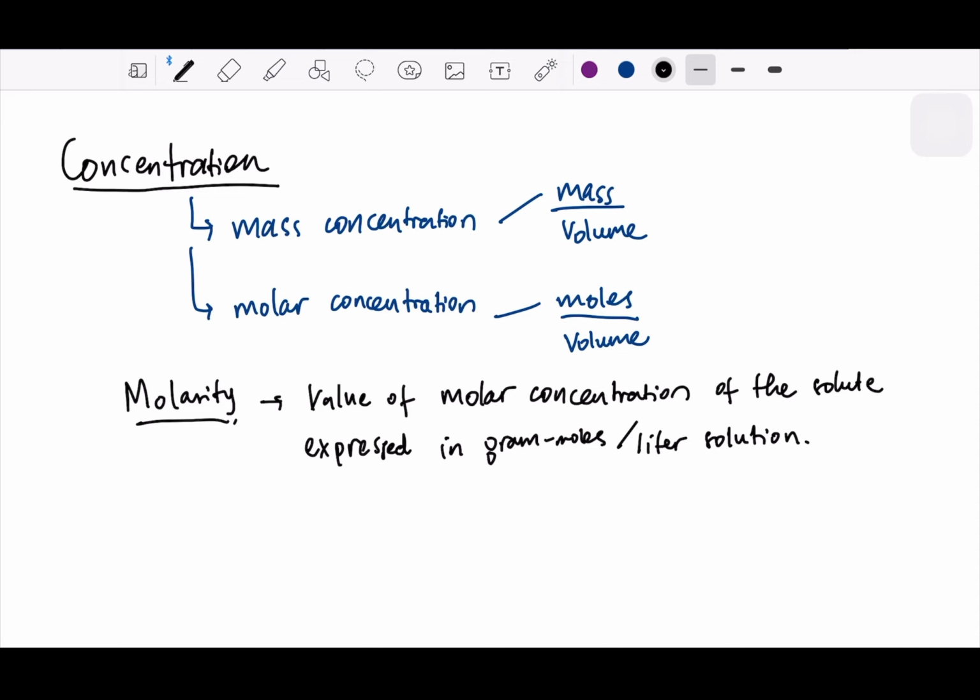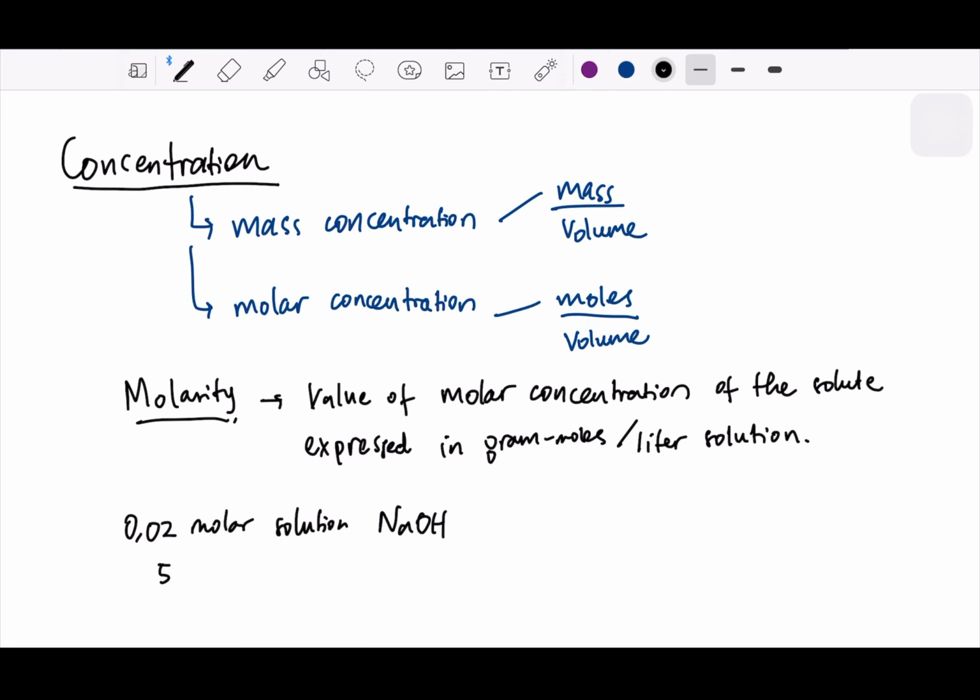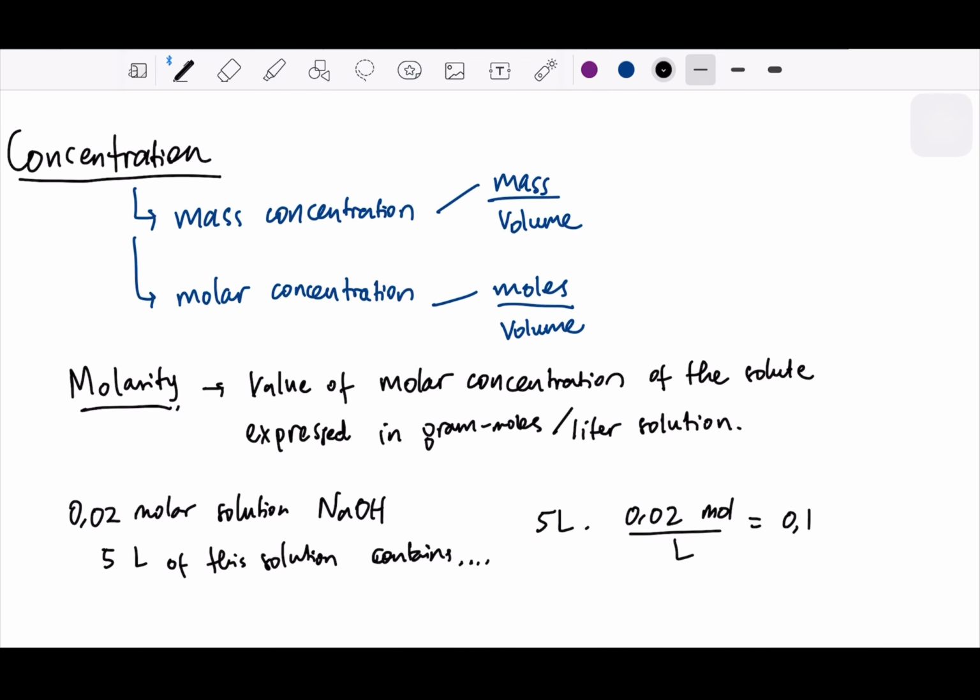So maybe check here. So if you have a 0.02 molar solution, let's say this is the natrium hydroxide, and then 5 liter of this solution contains, so 5 liter multiplied by 0.02 mole per liter, so it will be 0.1 mole natrium hydroxide,